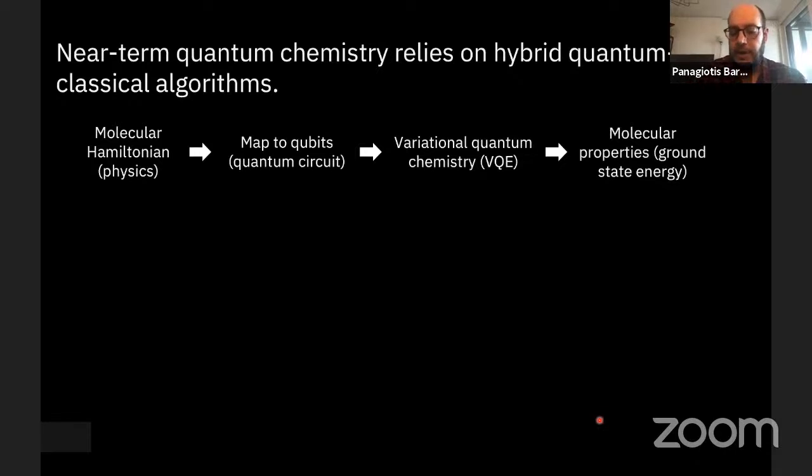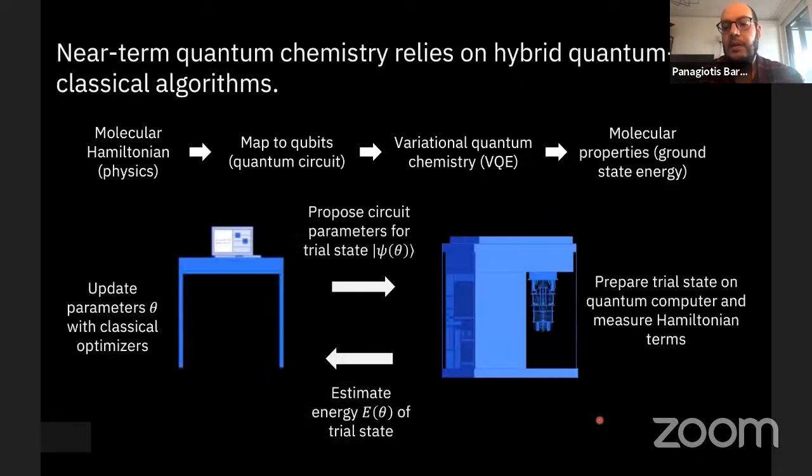The way that the variational quantum eigensolver works is shown in this schematic. You need to be able to parameterize your state with a set of parameters theta and prepare this state in a quantum computer and measure the Hamiltonian terms. When you do this, you are able to reconstruct the energy of your system, and by changing the parameters theta and redoing this classical feedback loop, you are able to converge to a set of parameters that correspond to the ground state.